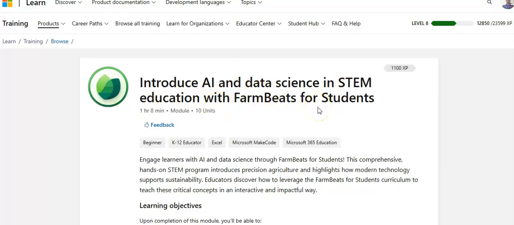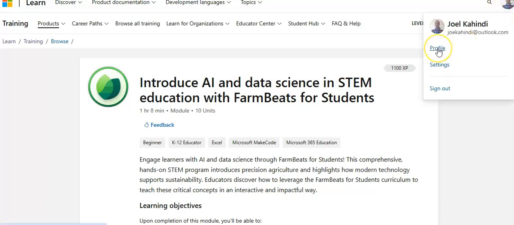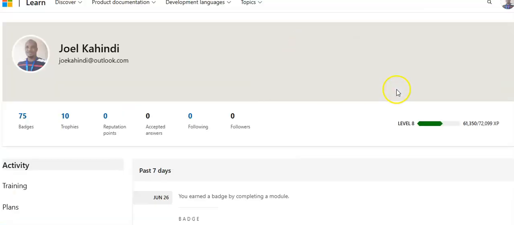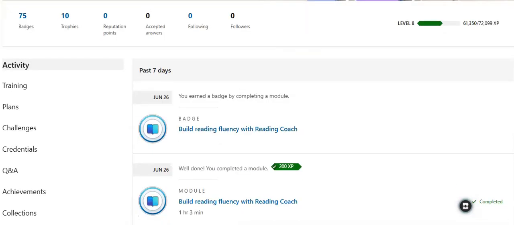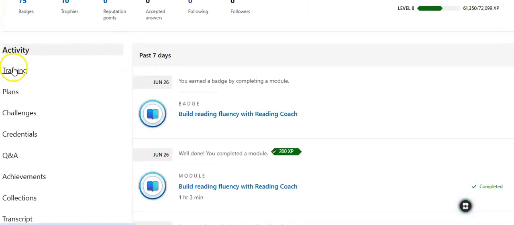Now, sometimes you have a session which is tutor-led or facilitator-led, and the tutor decides to give you a redeem code. If you're given a redeem code, then what you need to do is go to your profile at the top right hand, click on profile, and then click the profile link as demonstrated here. Now you scroll down, just scroll down as you check on the items written to the left here. You have activity, training,